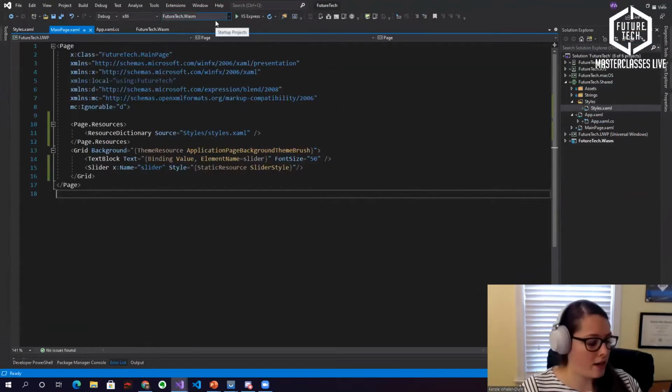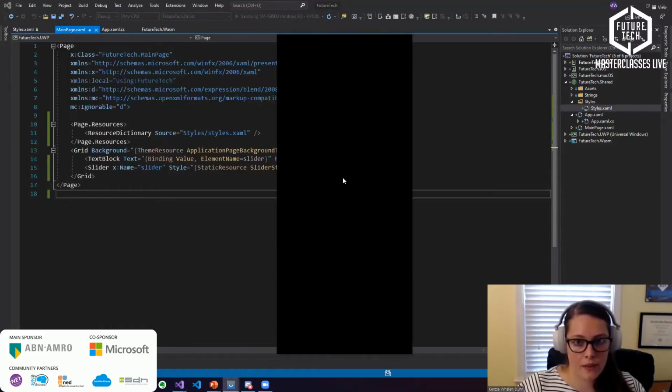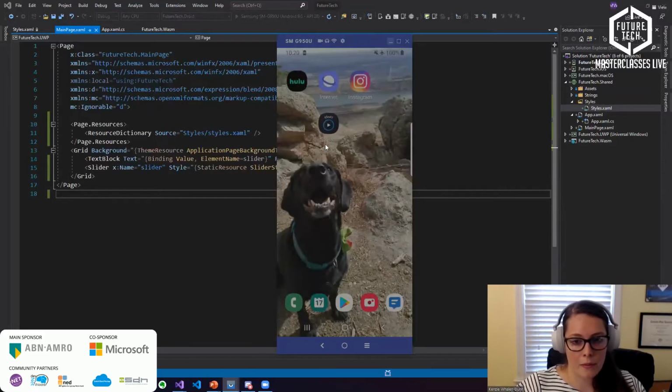All right. Last, why don't we try it on Android? So I have my Android phone plugged in. We're going to switch the startup project to Android. It's going to run locally. I'm just going to pull up Visor, which is just an app that displays my screen. So it'll show up on my physical phone and display on Visor.